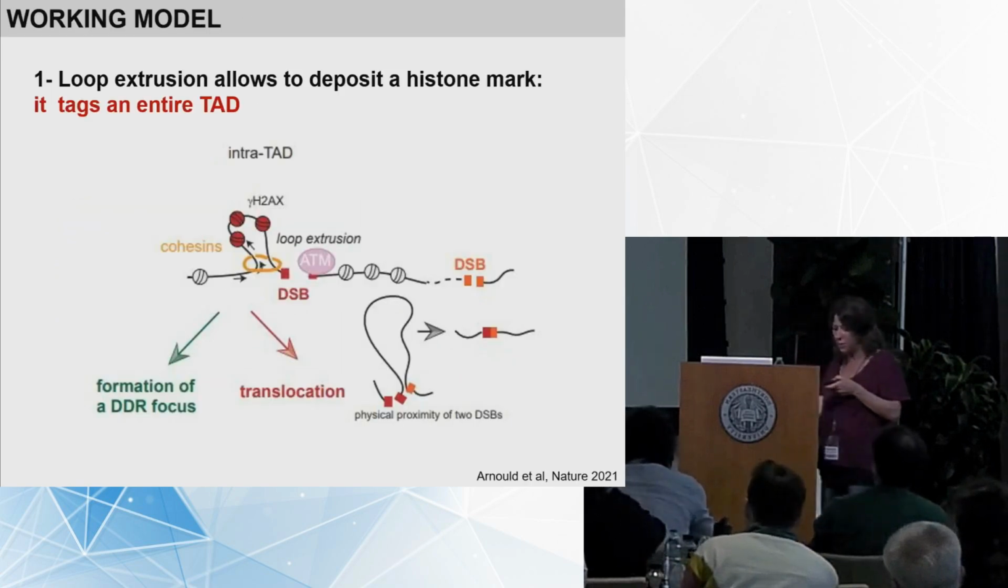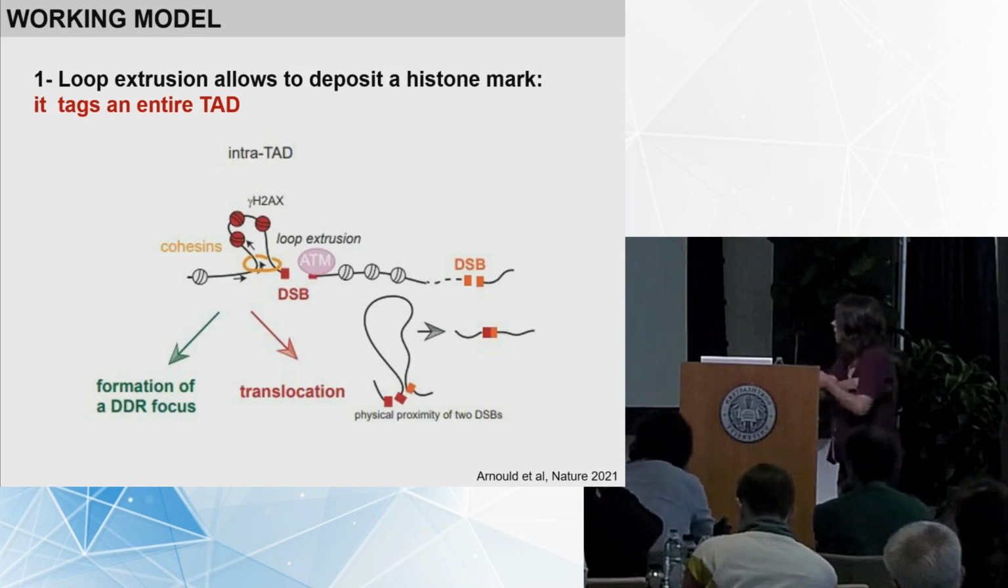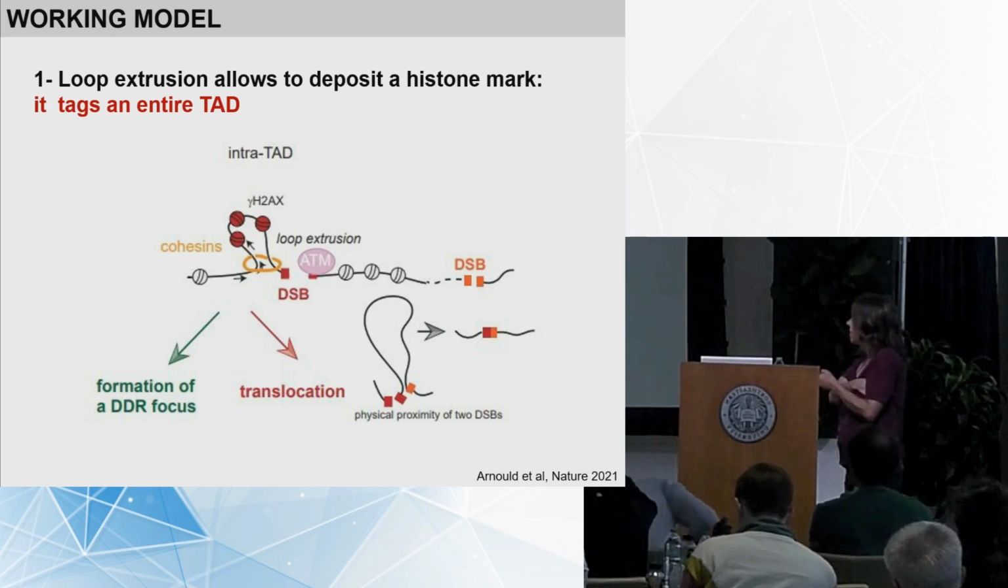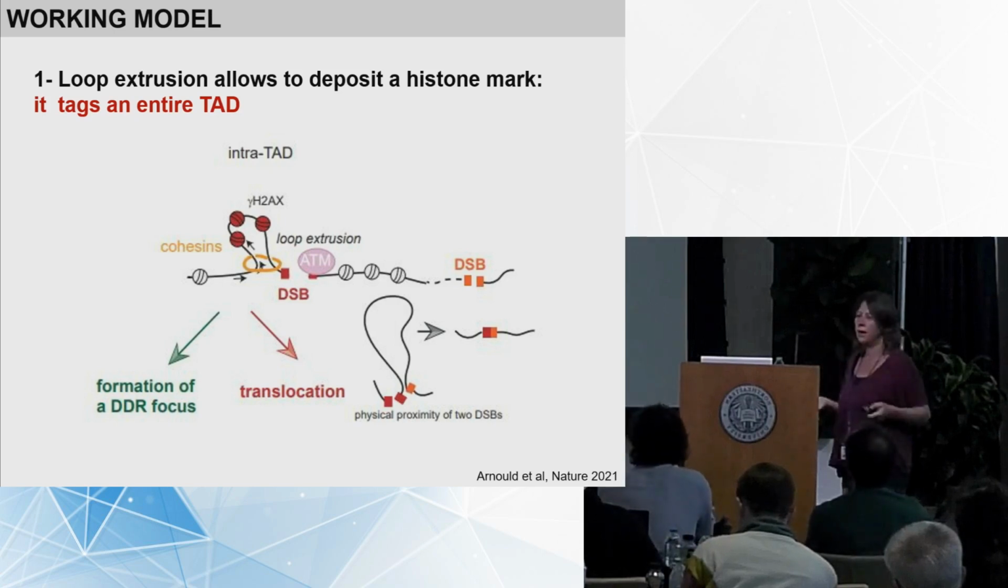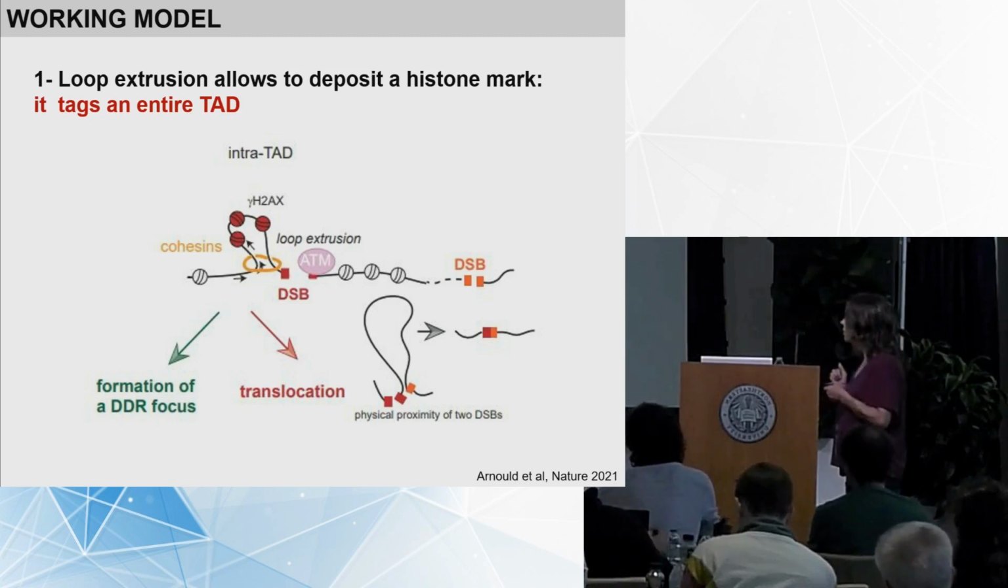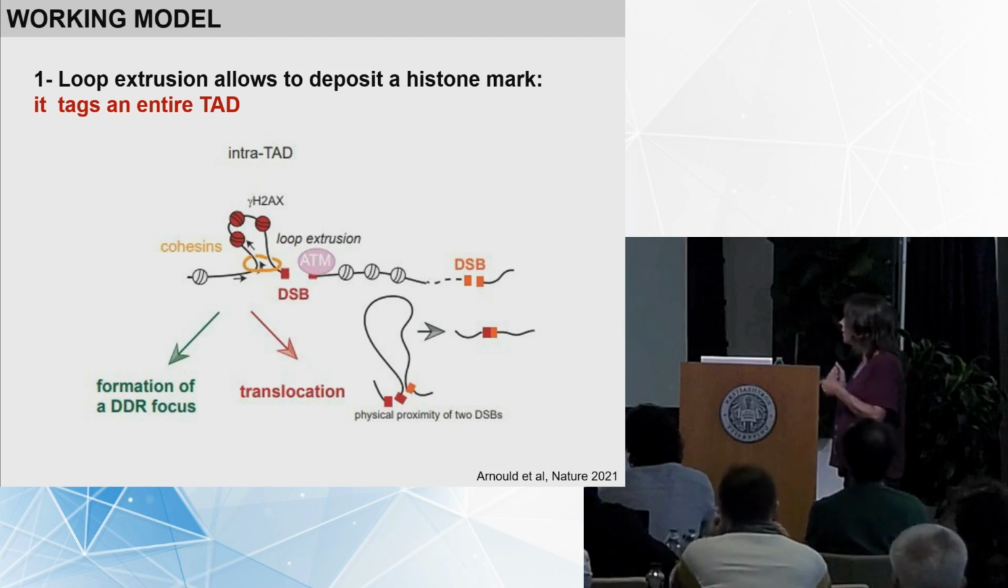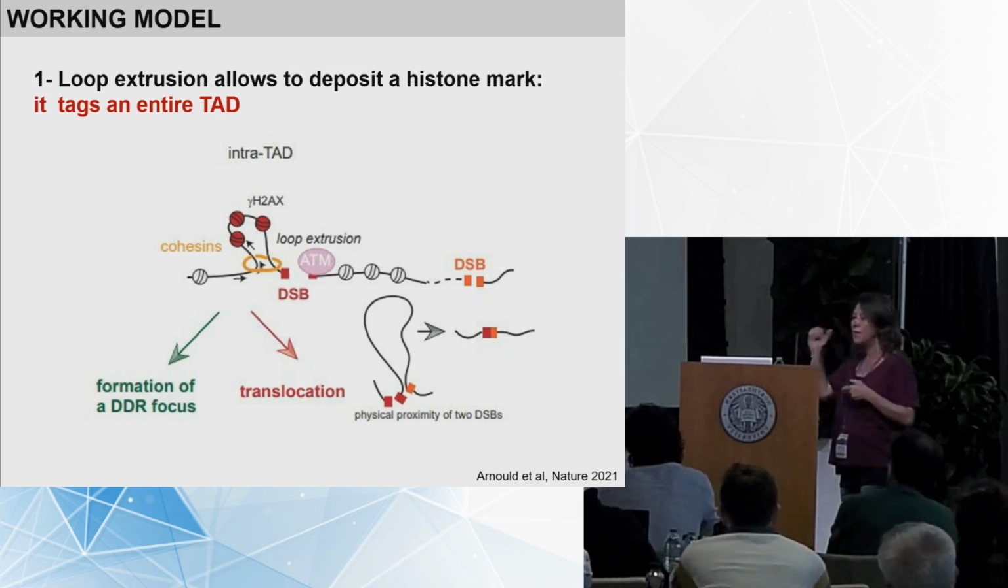So let me just summarize what I have told you, and what our actual model is. What we think is that following DNA double-strand break induction, a number of chromosome architectural changes occur. So first of all, cohesin-mediated loop extrusion will take place on both sides of the DSB. Okay? This will allow establishing really rapidly a new histone modification on an entire TAD. So to tag, really, to label, paint an entire damaged